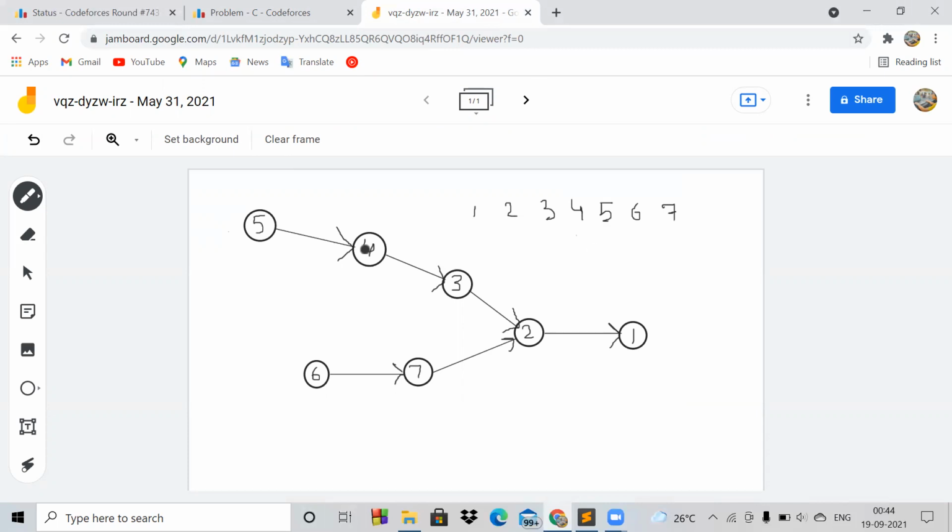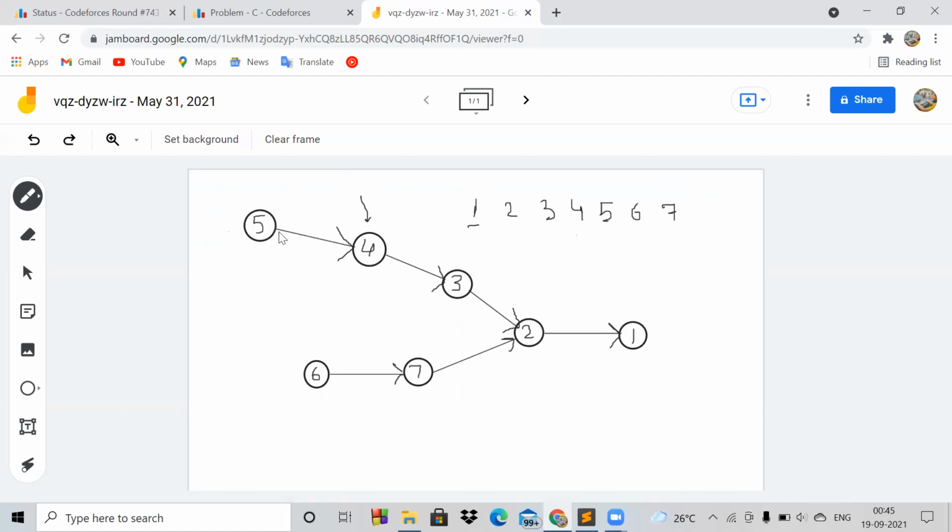Now let's see this example. When we try to read this book, we will start from chapter number 1, then read chapters 2, 3, 4, 5, 6, and 7. Here we cannot start reading from chapter 4, 3, 2, or 7, because these chapters are dependent on other chapters.